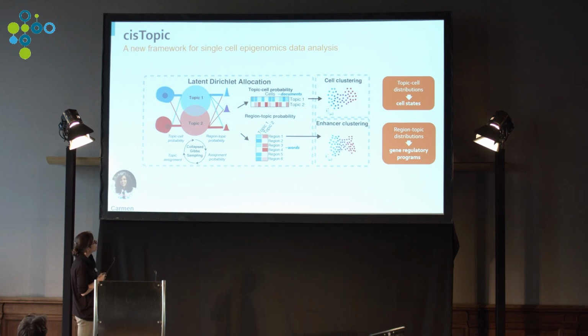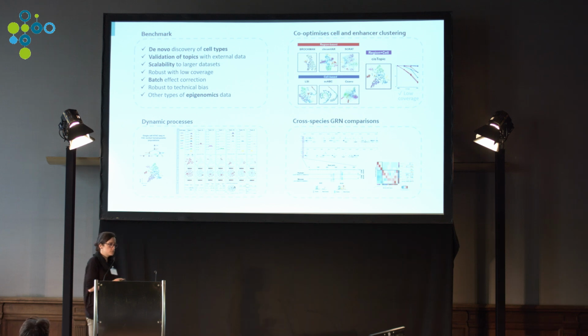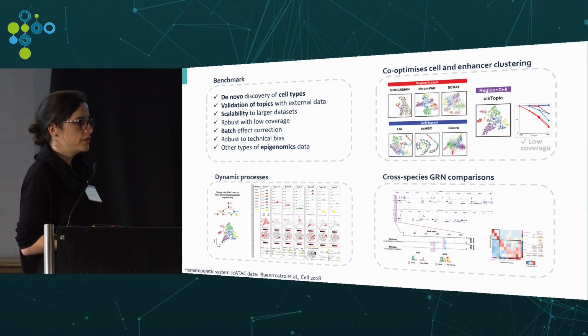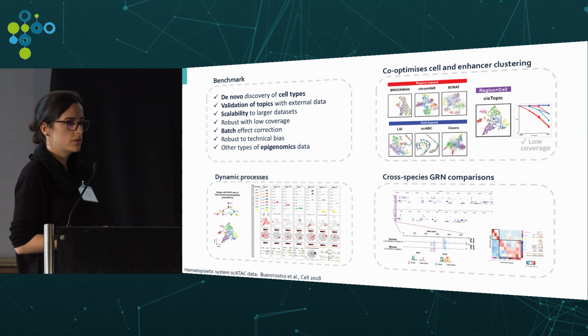One that relates the cells to the topics, and one the topics to the regions. Note that each cell and region can be associated to multiple topics. These probability distributions can be used for either cell clustering or enhancer clustering, which would basically represent the different regulatory programs. We did an extensive benchmark of this topic model to actually confirm that the cells and the associated regulatory regions